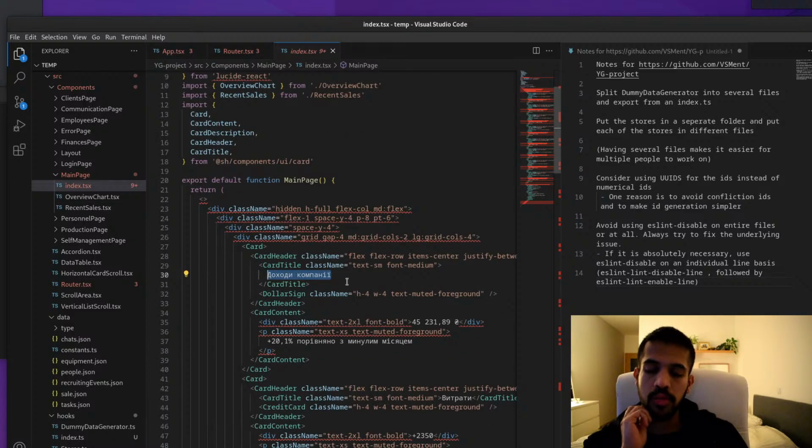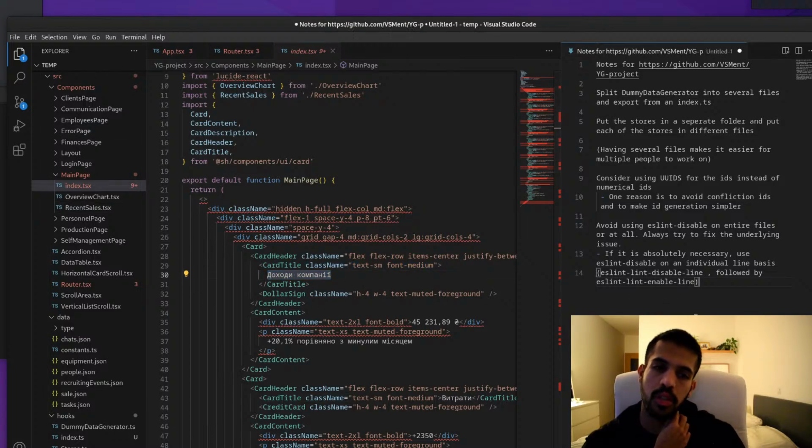And you can always just use some kind of small translation, internationalization library, so that you put a bunch of strings here and then have the translations elsewhere, which is maybe better. Perhaps don't have Cyrillic in the code base.